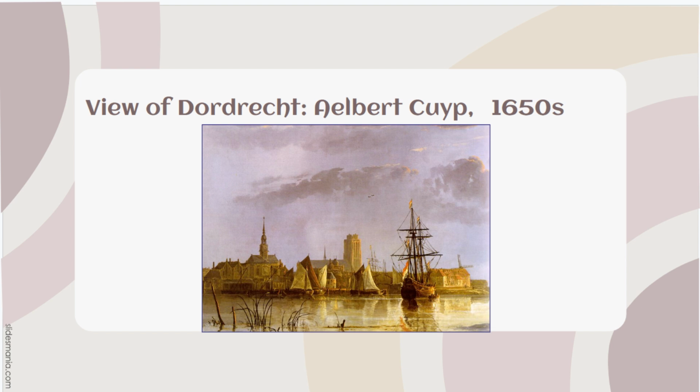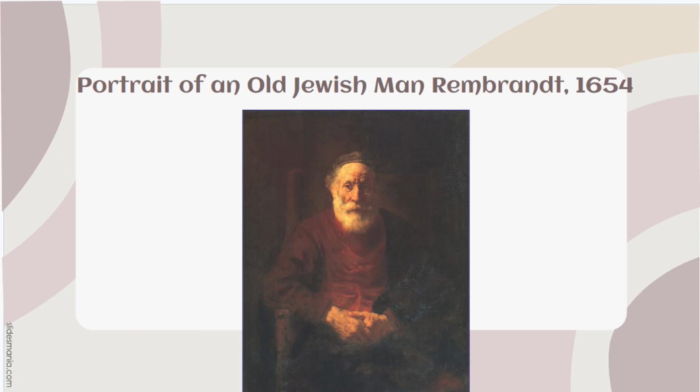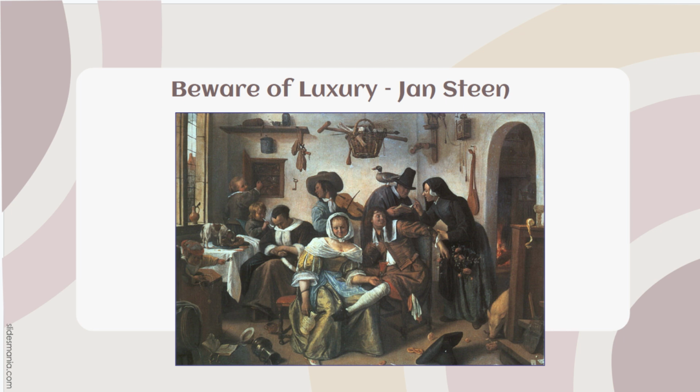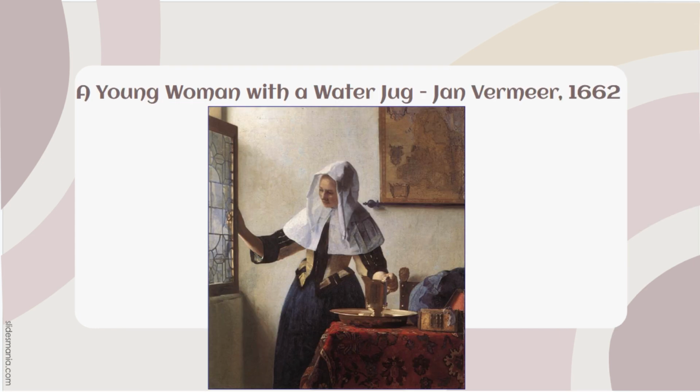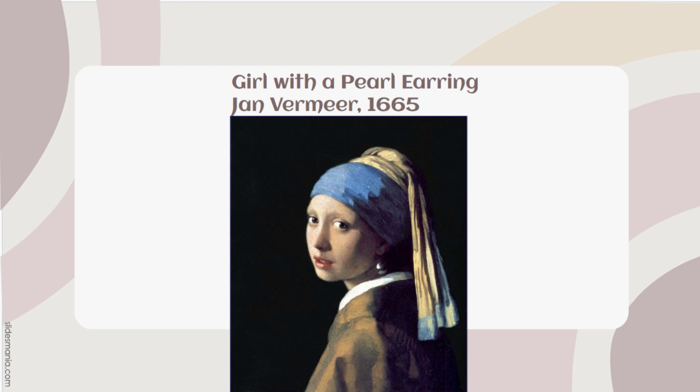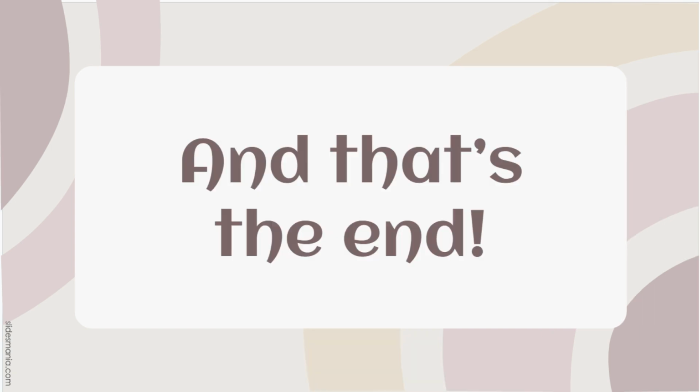Now, a big part of any golden age, of course, is the development of art and culture, and that's also true for the Dutch. We see lots of examples of art from this time period that are going to be very famous across Europe. Dutch Golden Age art will really move away from traditional religious subjects and towards more secular themes, including portraits of ordinary people, landscapes, still lifes, and genre scenes depicting everyday life. They really wanted everything to look much more realistic than previous art themes did. Their goal was to capture the essence of what Dutch life looked like, and I think that they were successful in that.